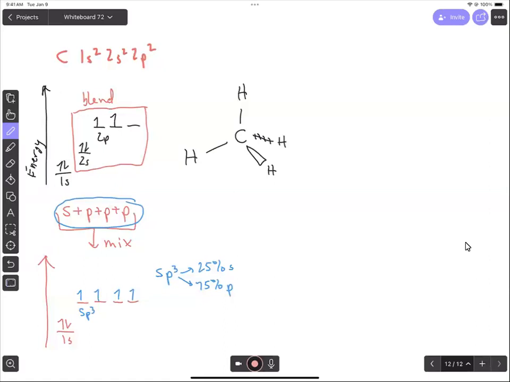So hybridization is how we explain where these electrons are and how we can form 4 identical bonds. Because if we notice here, all 4 of these orbitals, these hybrid orbitals, are all the same. They're not an s orbital, they're not a p orbital, they are all sp3 hybrid orbitals. And it's not just for carbon. We do this for other elements as well in other molecules. Just to finish off carbon though,